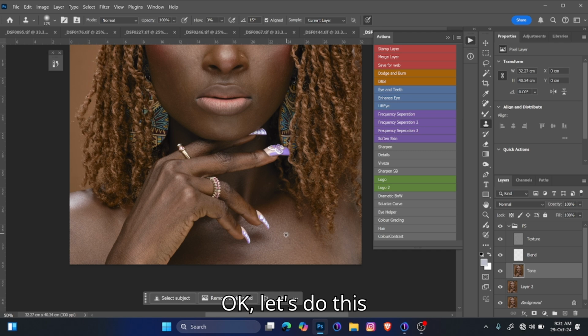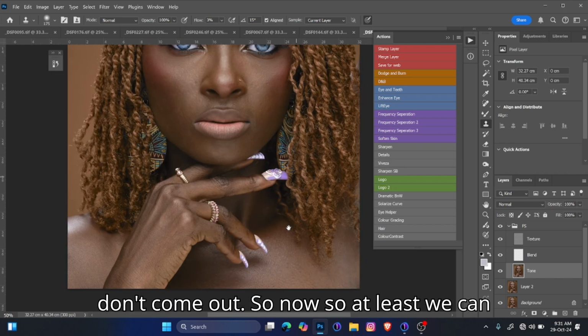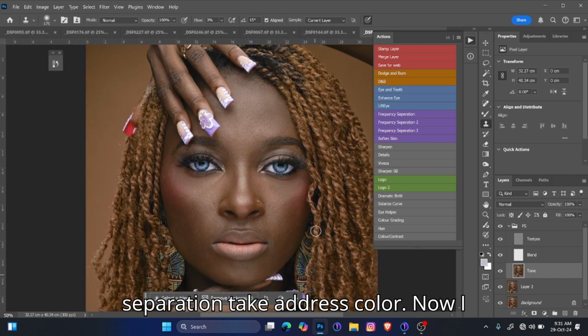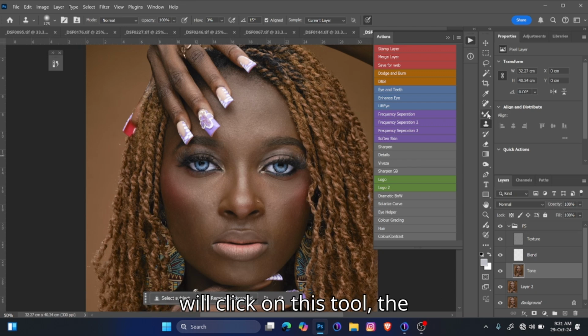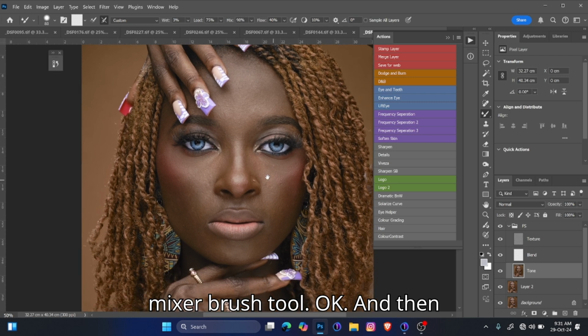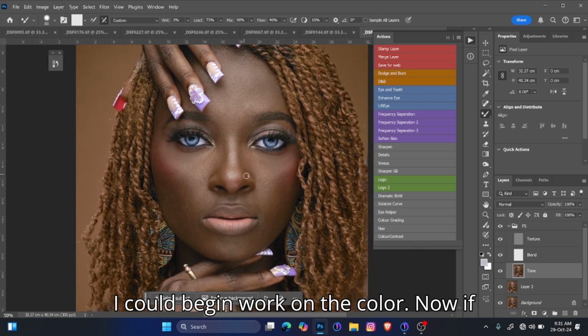Okay, just do this side a bit. Now the armpit, don't get small color join up for body, those blacks don't come out. So now I use frequency separation to take address color. Now I will click on this tool, the mixer brush tool, okay, and then I will begin work on the